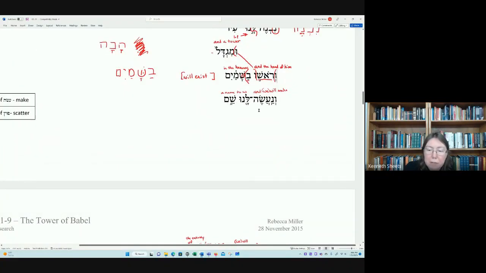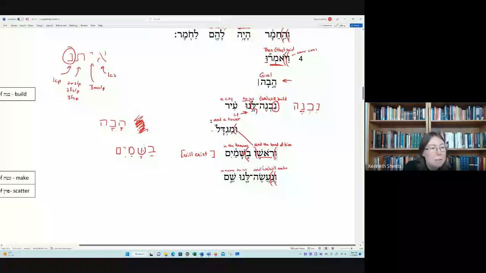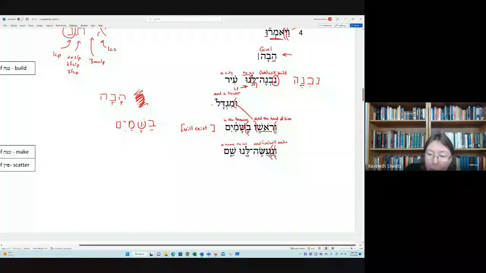So right here, this very first word, W'ne'aseh, and you can see again, I've got my conjunction there. I've got the noon, which is going to be another imperfect performative, and the noon is going to be that first common plural idea. And then I've got my triliteral root, the ayin, sin, hey. This is from the triliteral root asa, meaning to do or to make. And so thus we have the translation then, and we will make